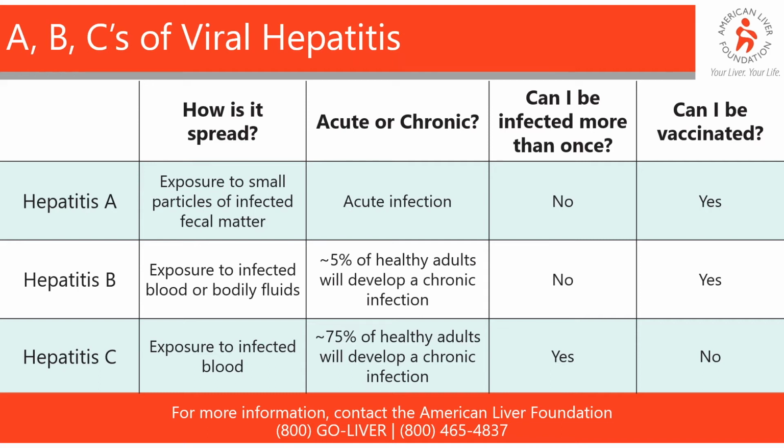Usually infected particles, as you'll see there, of fecal matter or some other types of transmission. That happens, let's say, if you've been to a third world nation, right? If you were somewhere where the food and the water are not really being purified, you can get hepatitis A that way. Or if you've been to restaurants, when you go to the bathroom, you'll